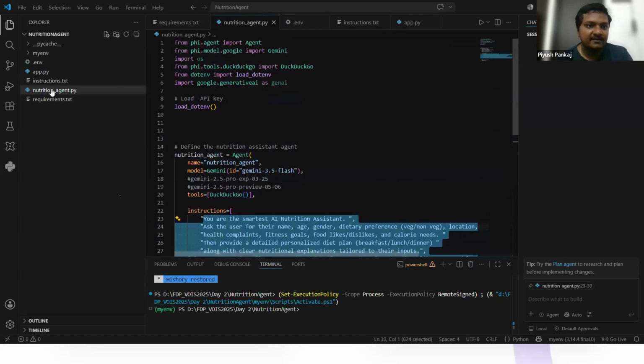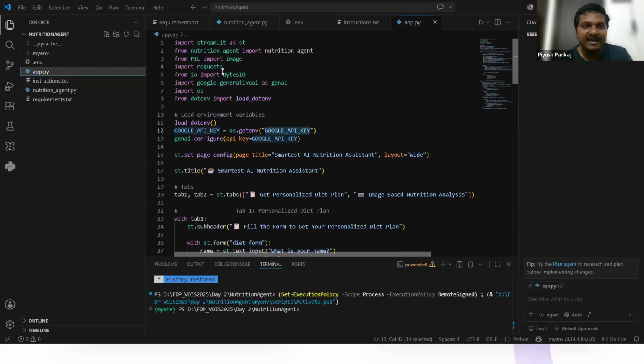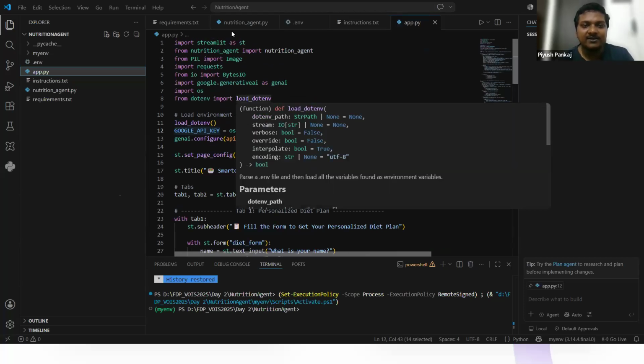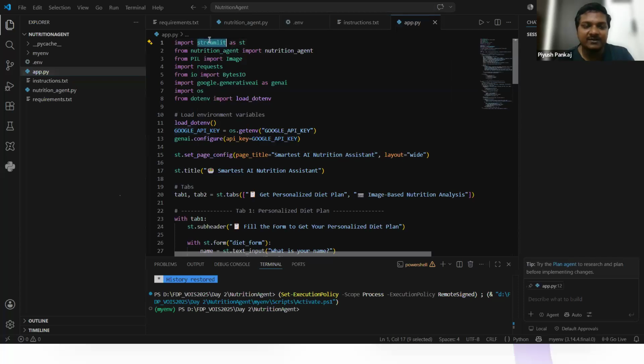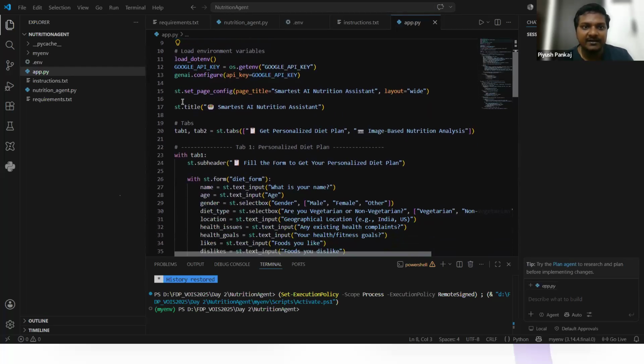this is agent file. Then we have app file. What this app file is having, this app file is having the codes over here to run this application. Here again we are using Streamlit, and from this file we have imported the module that you have created in this file, that is nutrition agent. To work on images we use PIL. We are importing images, Google generative AI and all. Let me just take you over here. So we have taken the API key. We are configuring the API key using GenAI from Google.